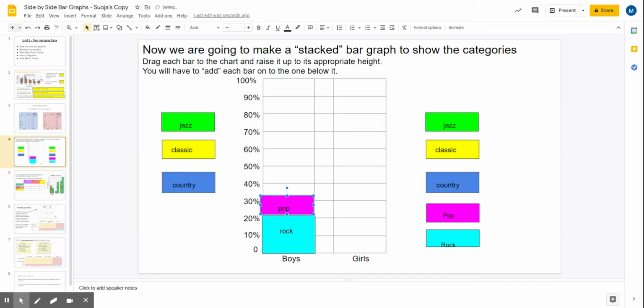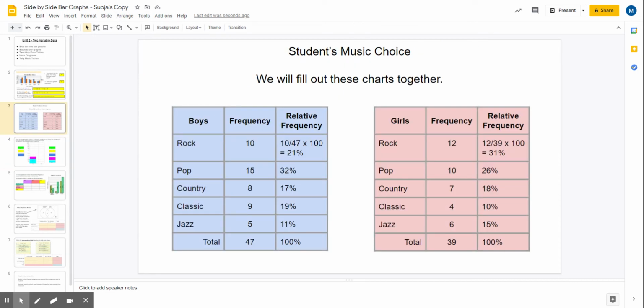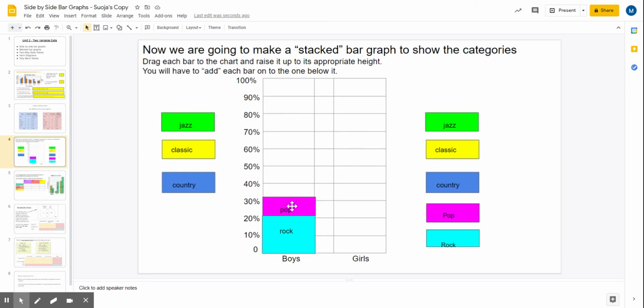And if you wanted to build your column so that jazz was on the bottom, that would be okay as well. Okay, so here's where it starts getting more complicated. Pop was, going back up to look, 32%. All right, so,